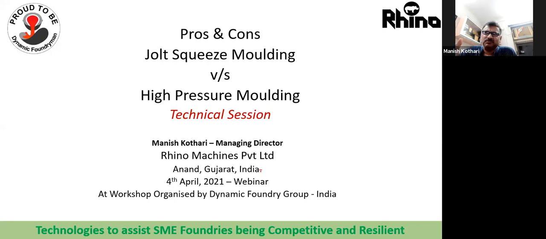Earlier it was more of bringing the same technology or trying to replace. And the convention was that we were always looking at fully automatic lines. And in that I have seen two cycles where we went up and we went down. We have never made a jolt squeeze molding machine. I always integrated jolt squeeze molding machines into a project, but never manufactured one, but have replaced a lot of them. So I'll try to share whatever I have gained.